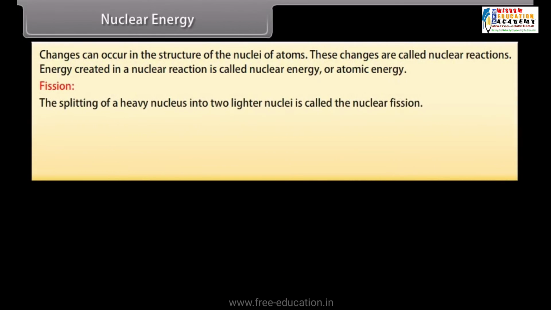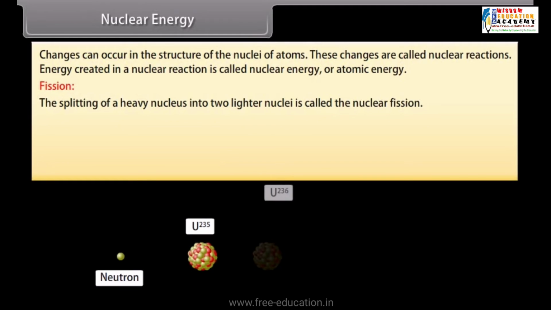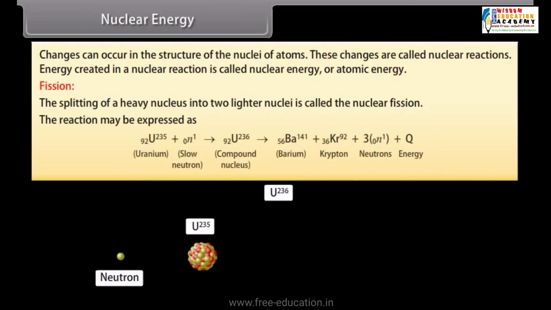Fission. The splitting of a heavy nucleus into two lighter nuclei is called nuclear fission. When a slow neutron strikes a uranium-235 nucleus, it is absorbed by the nucleus and an unstable isotope of uranium, U-236, is formed, which immediately breaks into two fragments emitting 2 or 3 neutrons with release of an enormous amount of energy. The reaction may be expressed as